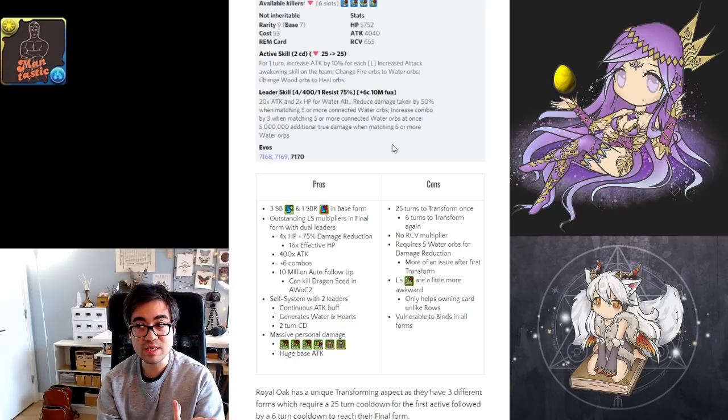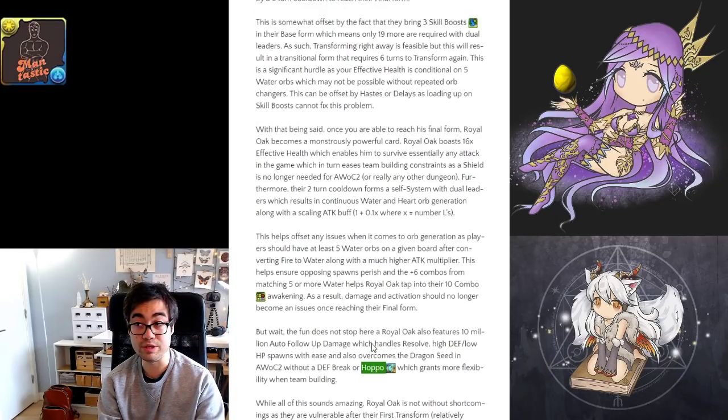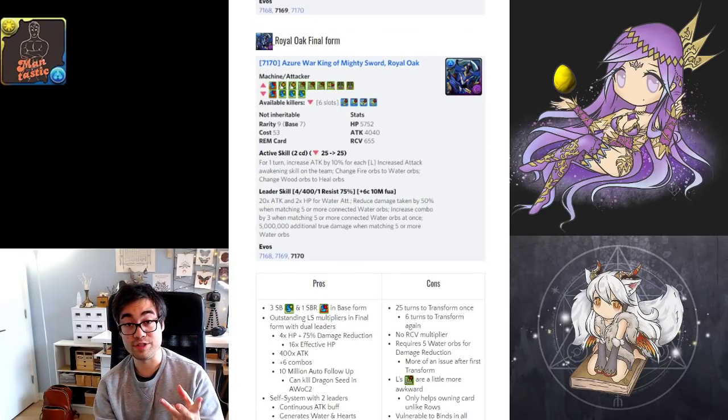So this saves some team building strengths. You don't have to like put in Hoppo. Hoppo still could be used, but Hoppo's main appeal to a certain extent was that defense break for the Dragon Seed. So all in all, this is obviously a wonderfully strong leader, but the main drawbacks are, as I mentioned,